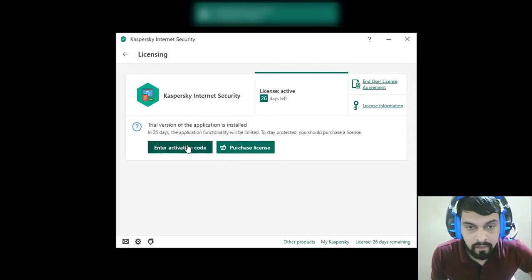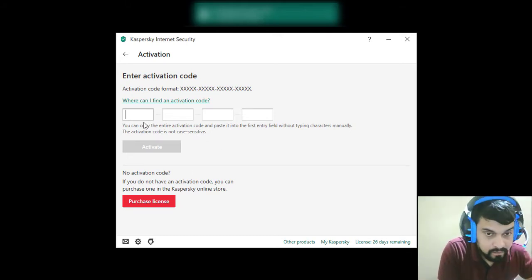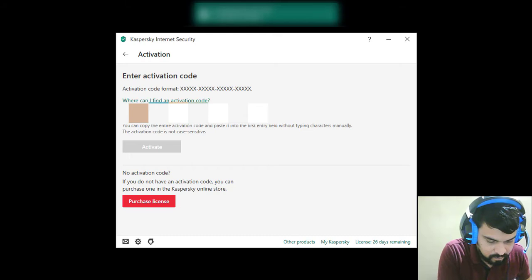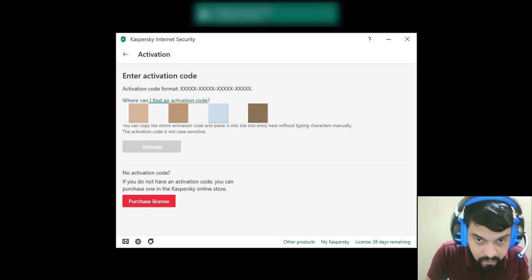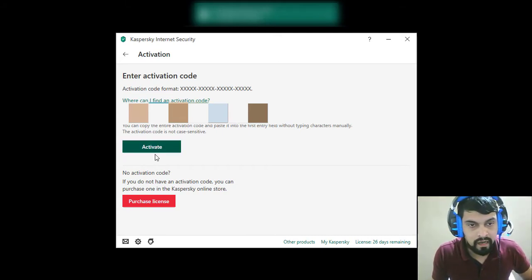Okay, so let me enter the code. Okay, showing me the activate option.